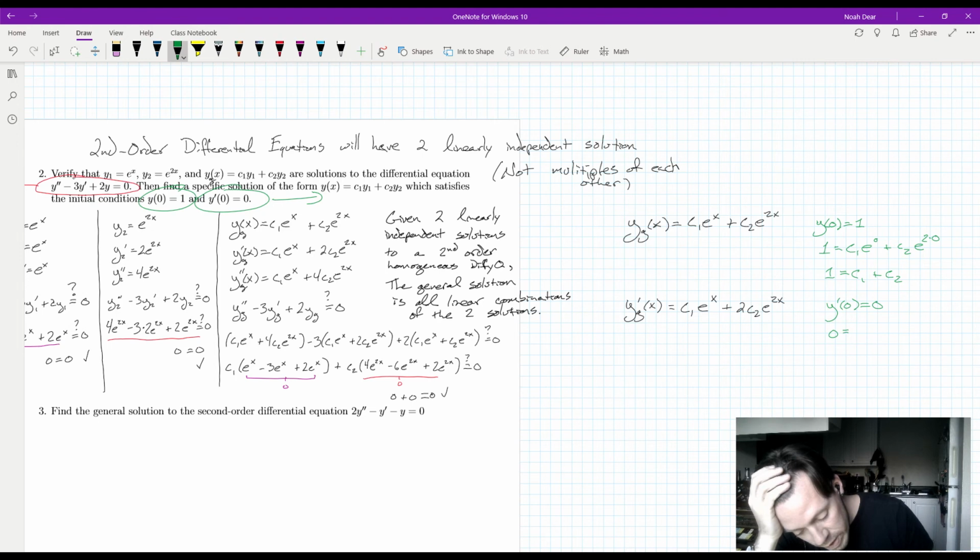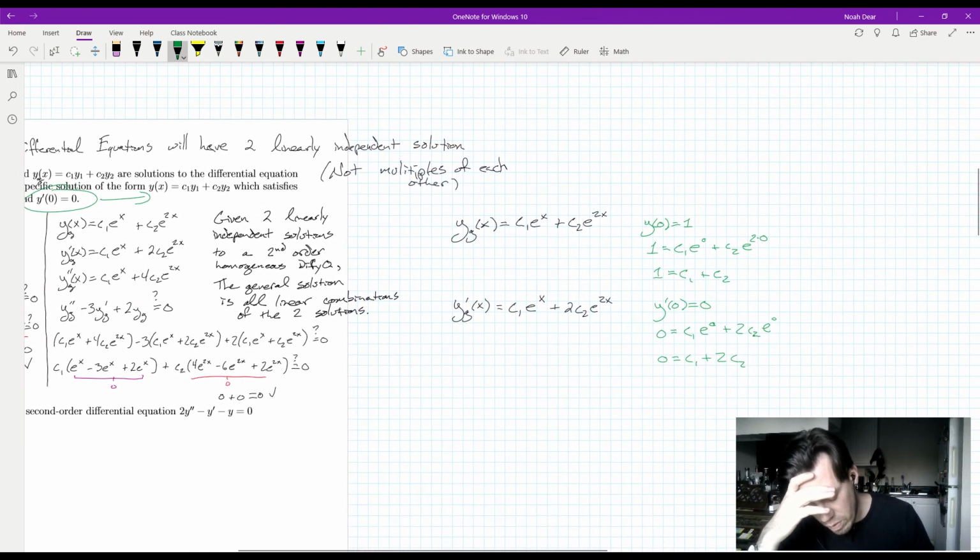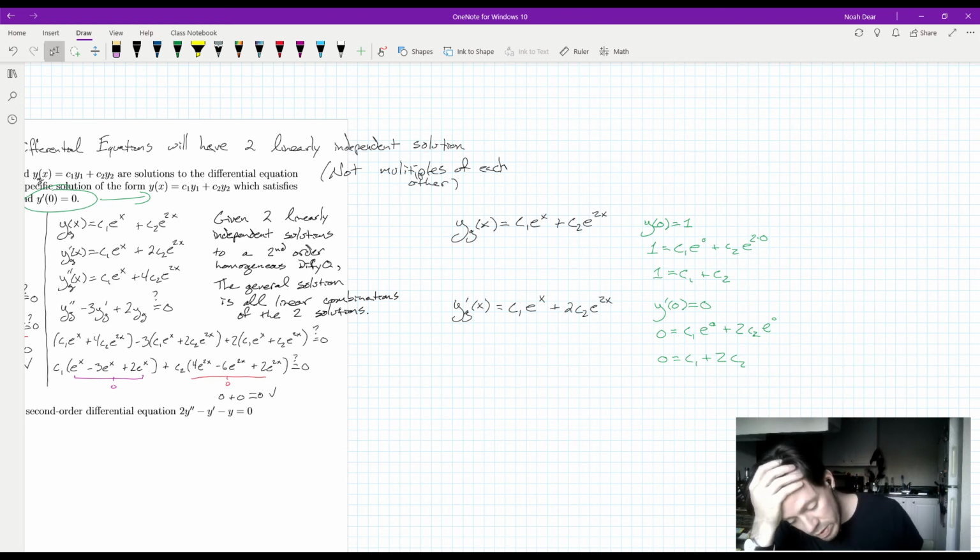So we'll get 0 as the output, c1 e to the 0 plus 2c2 e to the 0, or 0 equals c1 plus 2c2. All right, so we now have two equations and two unknowns, and these are linear equations, so we could solve this a number of different ways. We're going to do this now